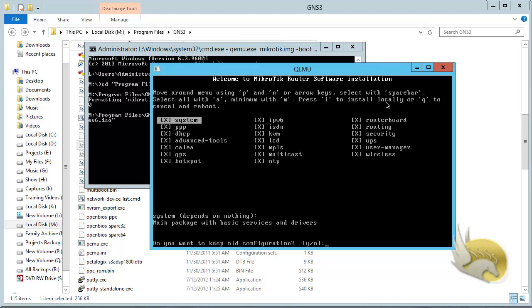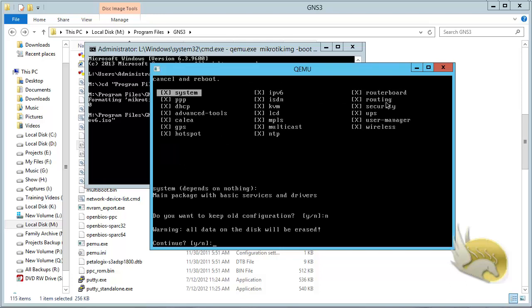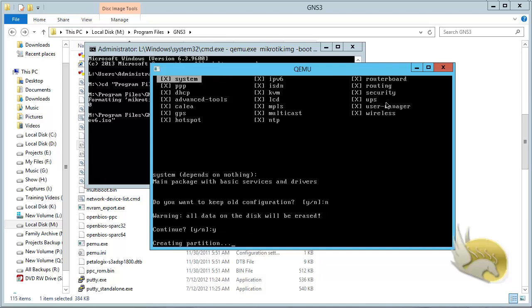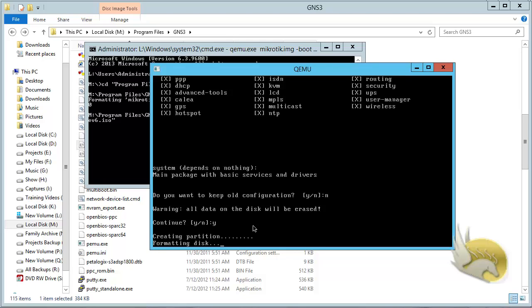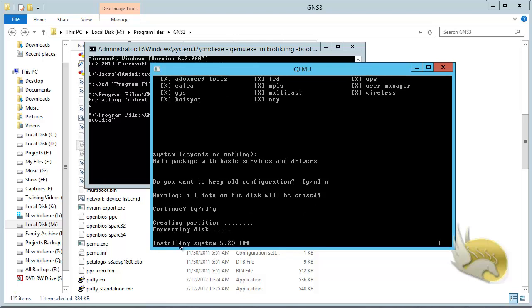Do you want to keep old configuration? No, I don't want to keep old configuration. I don't have any configuration yet, and I don't want to keep anything. Continue. Yes. You can see the partition is going to be created, and after a moment the installation is going to be complete. You can see the formatting disk is done right now. The installation is going to be finished after a moment,